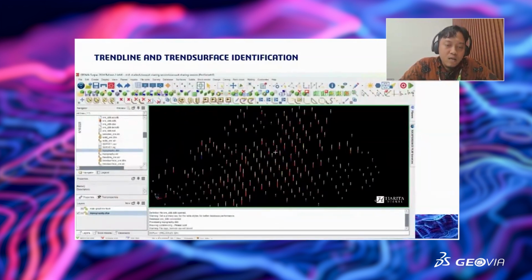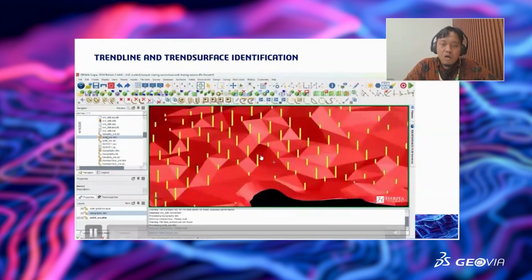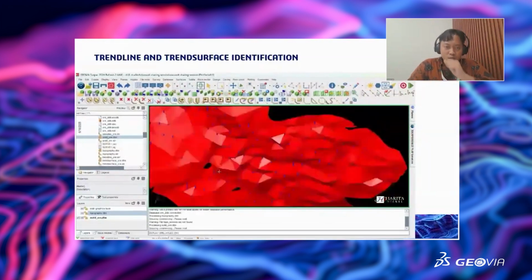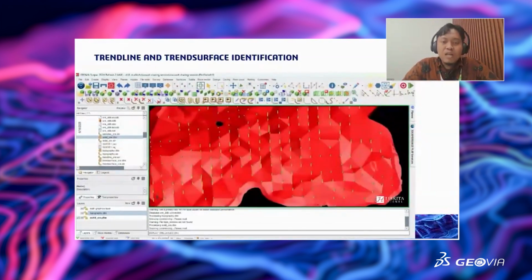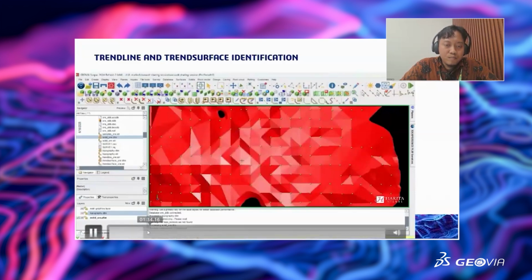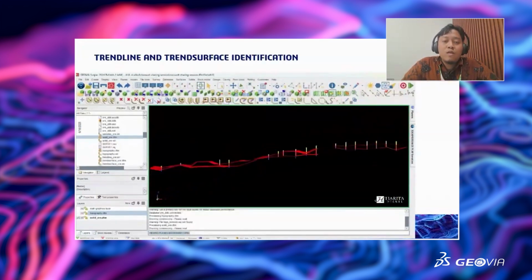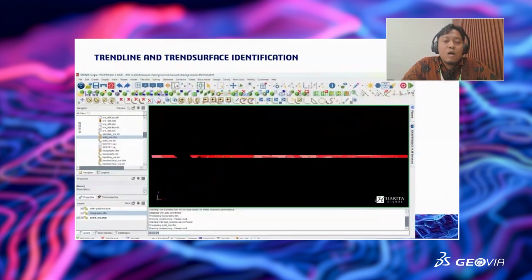Here I have the solid interpolating all of my drill holes. The red DTM is actually the saprolite ore, and when we do the section, all of our drill holes continue here based on our drill hole data.